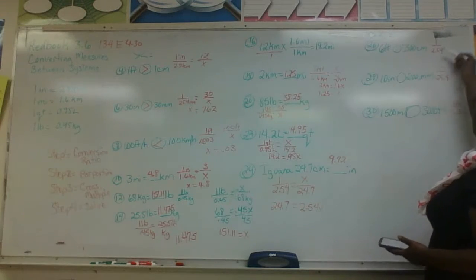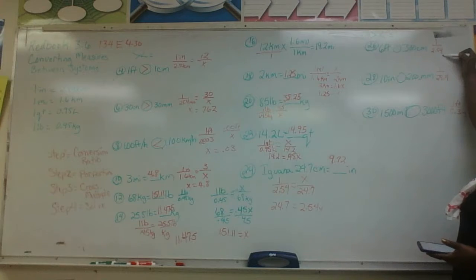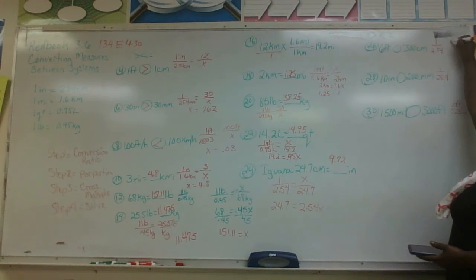Here I've already set up the conversion for you. Here in this case we have 1 inch is equal to 2.54 centimeters. So if we have 12 inches,